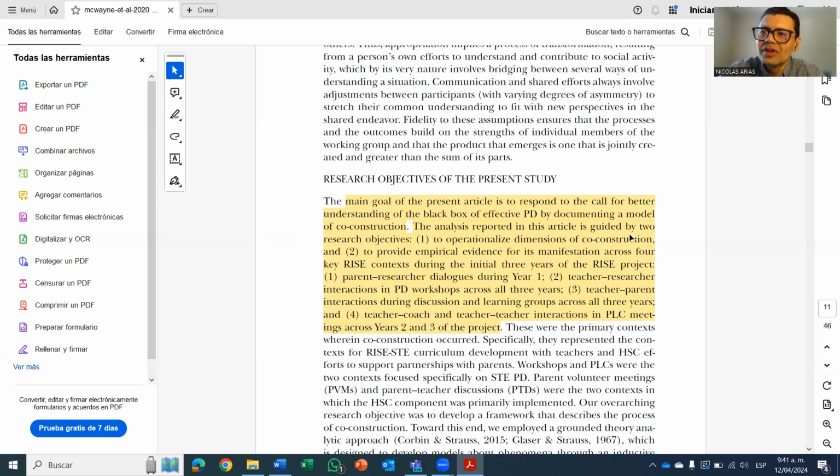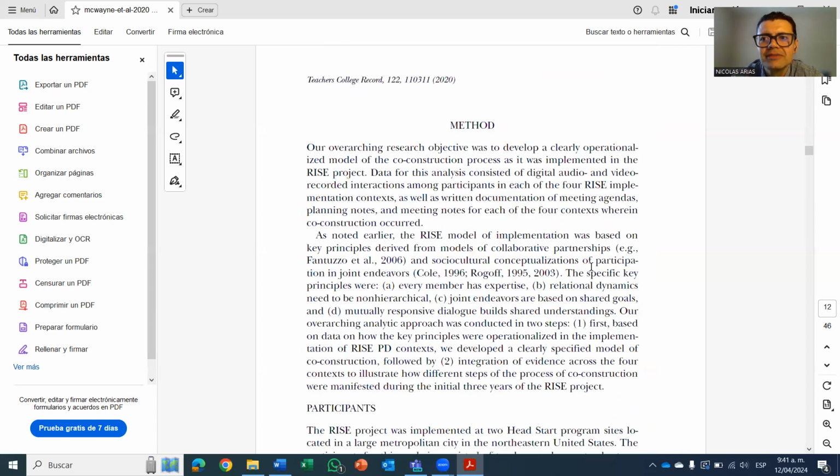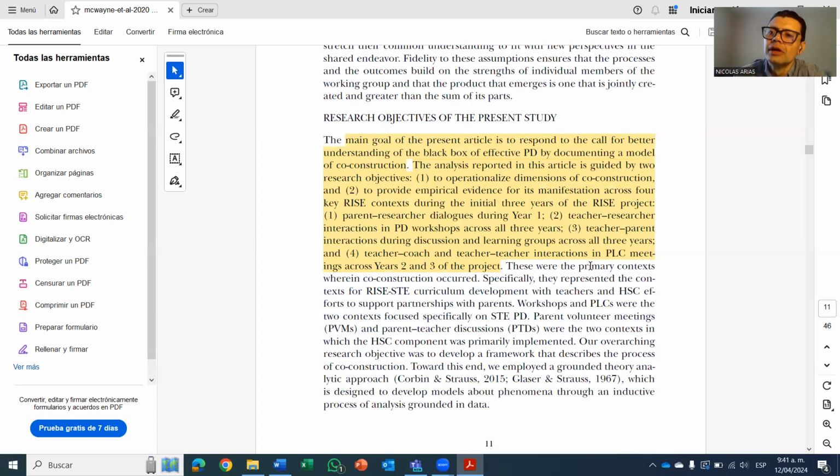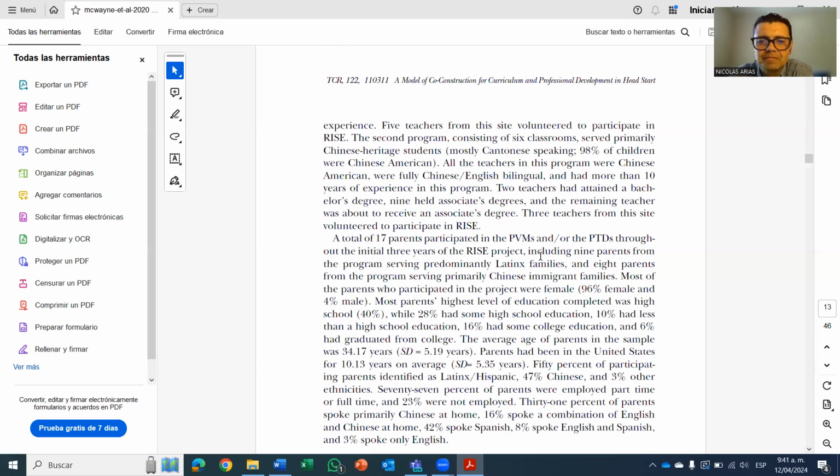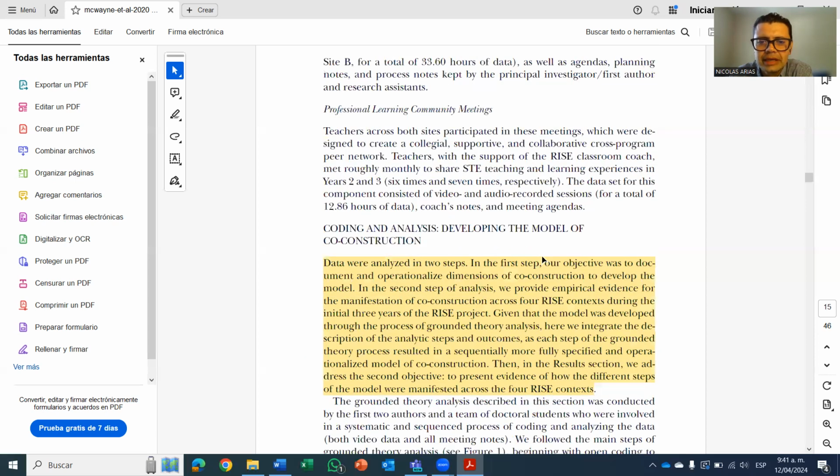This project involved voluntary parents and teachers in Head Start settings. And that's interesting because it's also very participatory. They give some prompts, and they show how they develop their own actions, maybe answering, or beginning to answer, a question that is not covered, for example, in the past article that we were showing.